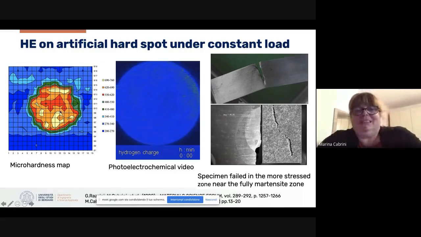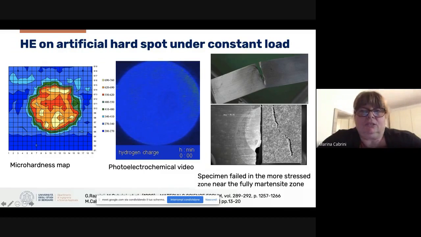This experiment was done on a very thin specimen, 1 millimeter. The micro hard spot was obtained using a CO2 laser, a high power laser, and quenching with water. And this is the micro hardness map that evidences the high hardness inside the artificial spot. Now we use this very thin specimen with the artificial spot to make a hydrogen permeation test